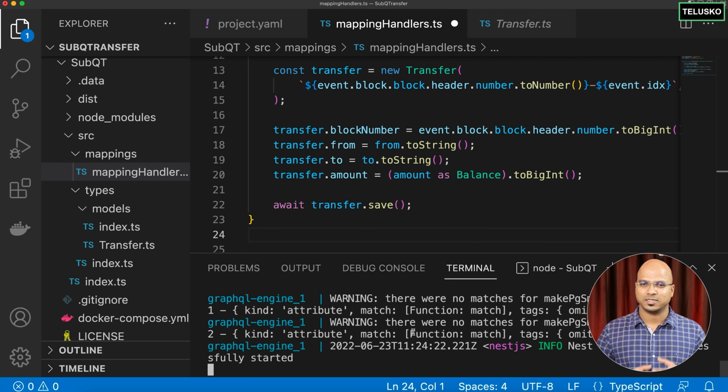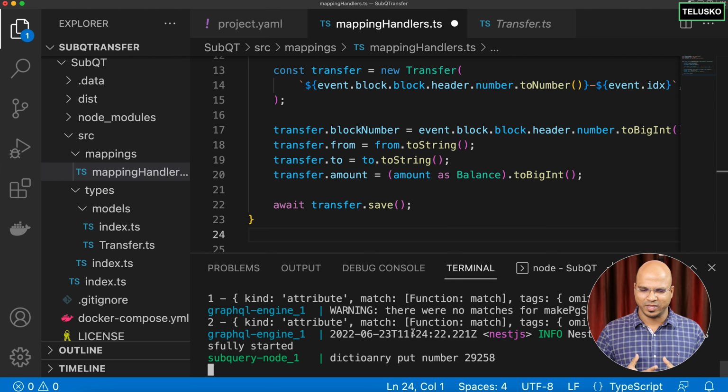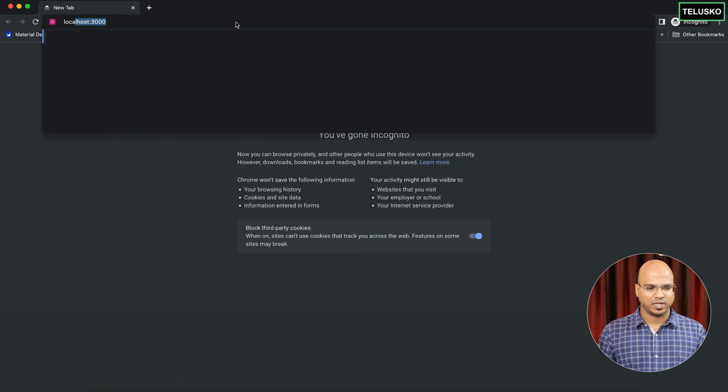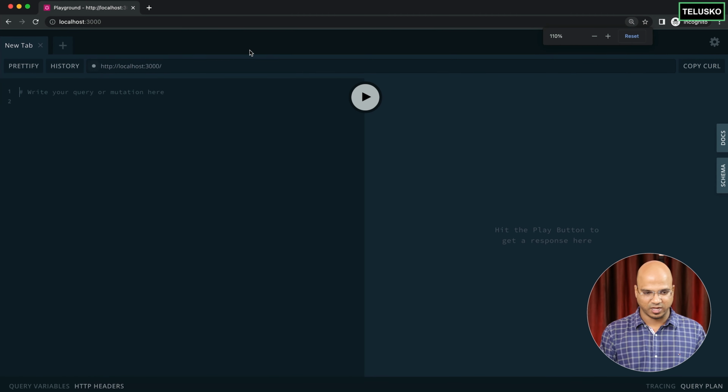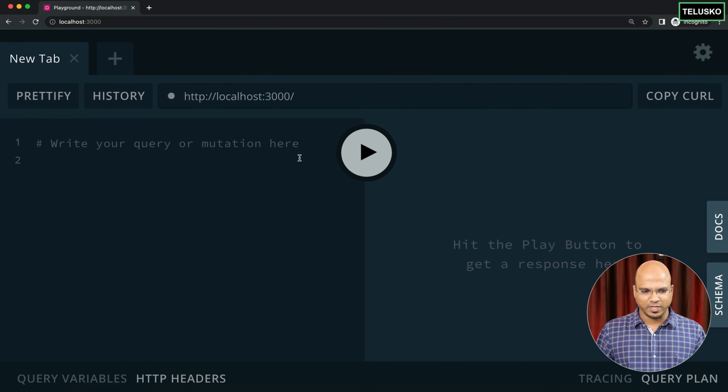And now how do we access it? Of course, your Docker is running, the images are running. How do we access those things? For that, let's go to the browser and say localhost:3000. And okay, this is where you can fire the GraphQL queries. Now, instead of typing it here, how do we access that? Basically we have to use GraphQL. So I want to fire the query here.